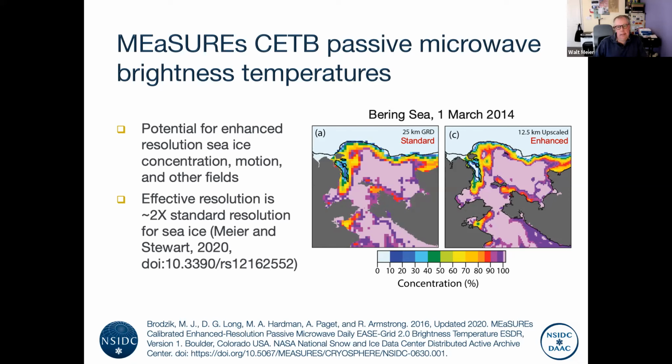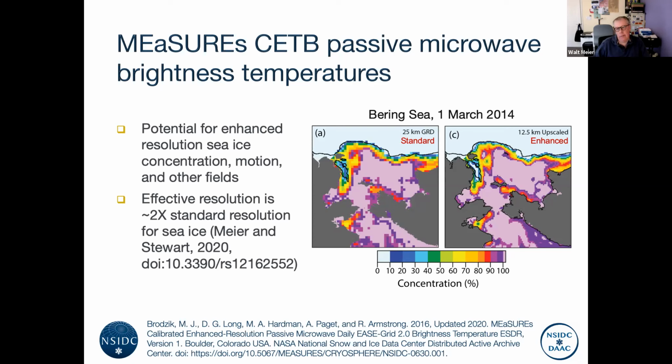And this is just an example, this image. So the standard 25 kilometer drop in the bucket is on the left, and then the enhanced at 12.5 kilometer is on the right. And the black outline is from a National Ice Center sea ice extent, the IMS, or what we call MASIE at NSIDC, and that's the ice edge. And